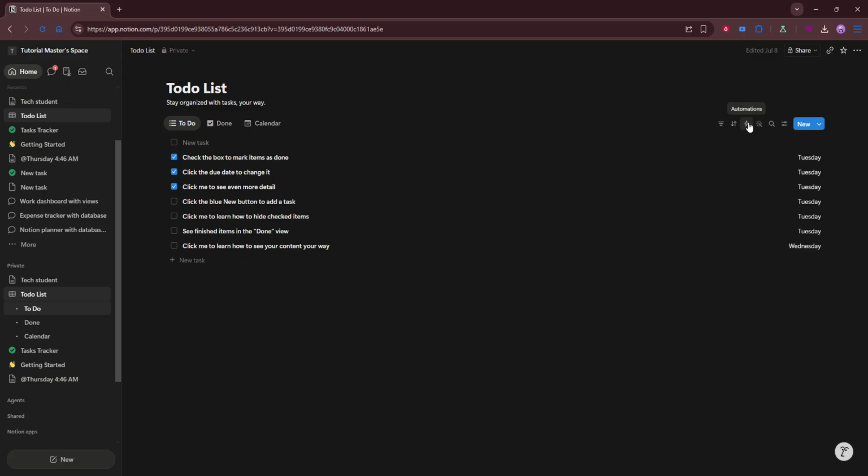That's how to create a simple and scalable to-do list in Notion. Whether you want a quick checklist or a more structured task management system,